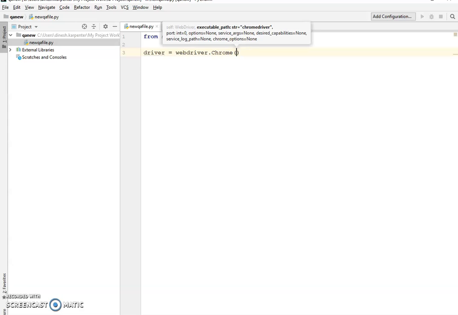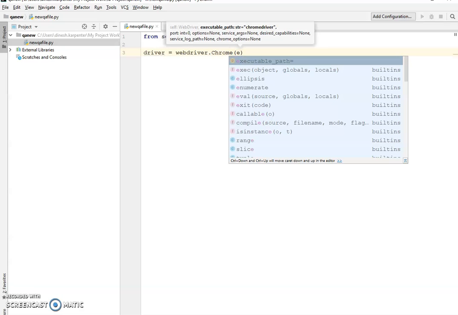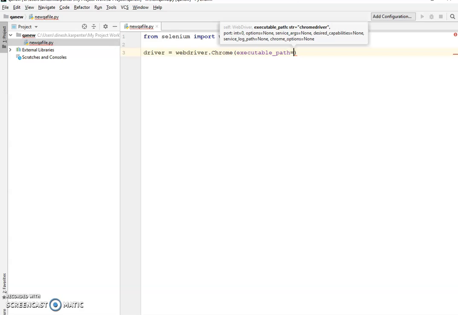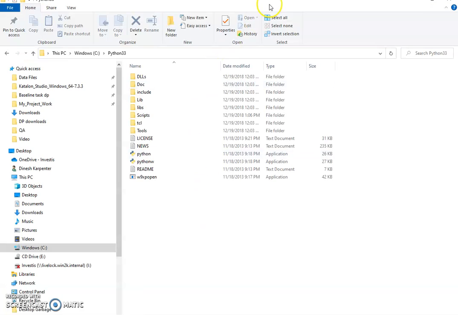Like in Java we write driver is equal to new ChromeDriver. So here driver is equal to WebDriver Chrome, and here, obviously, we have to provide the path. The keyword is executable path, and in this you can give the path of your Chrome driver, where your Chrome driver is.